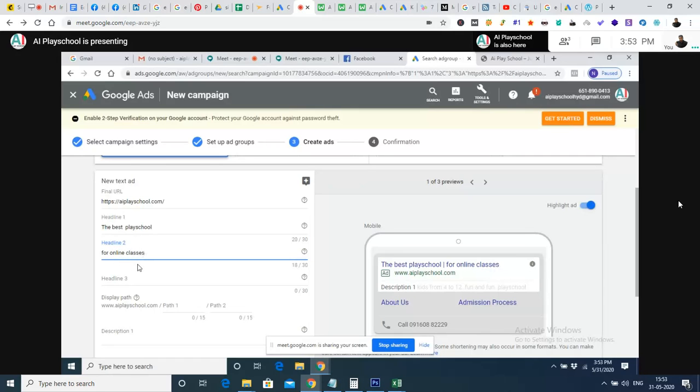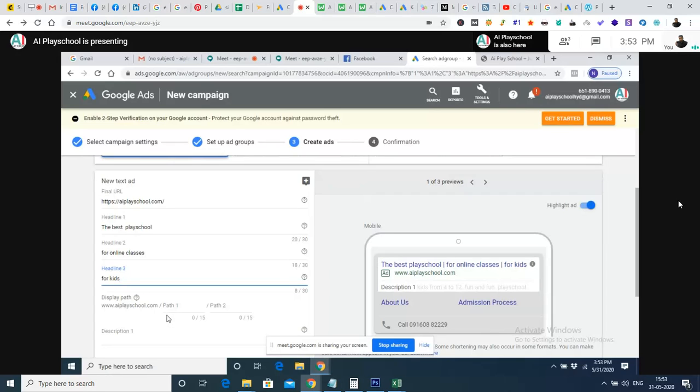Done. Heading three can be for kids. Done. For the display path, we can use anything, otherwise simply aiplayschool.com will be good enough.